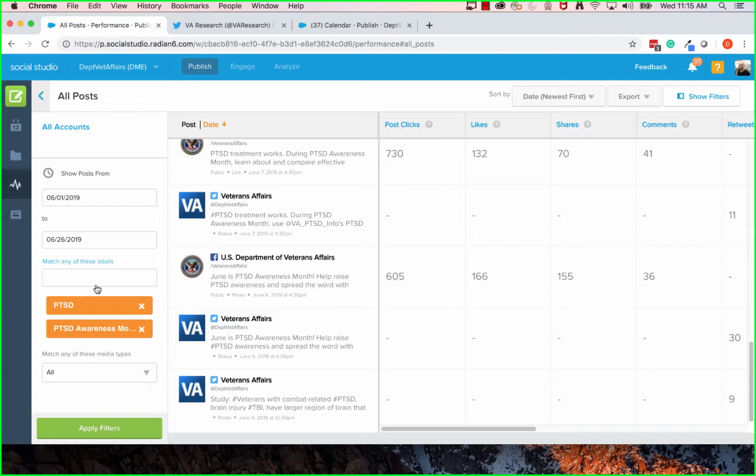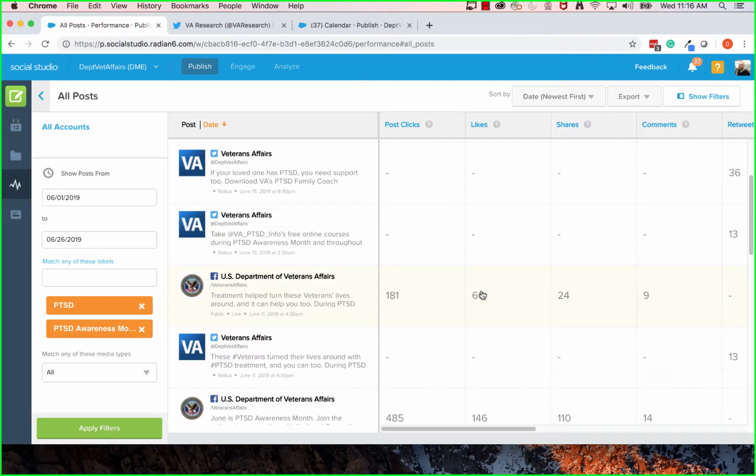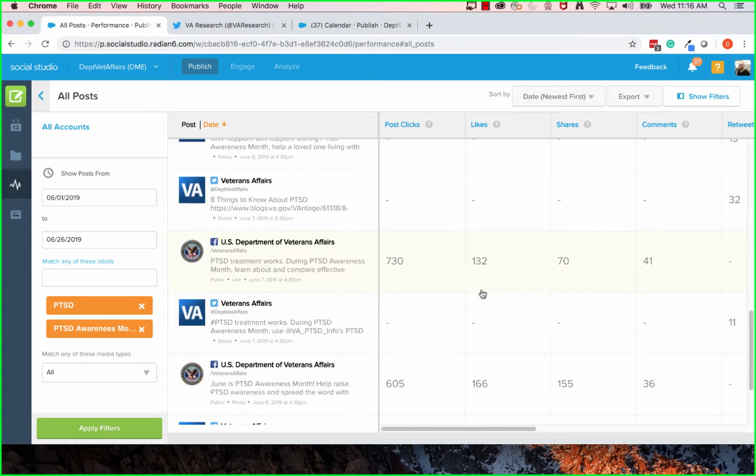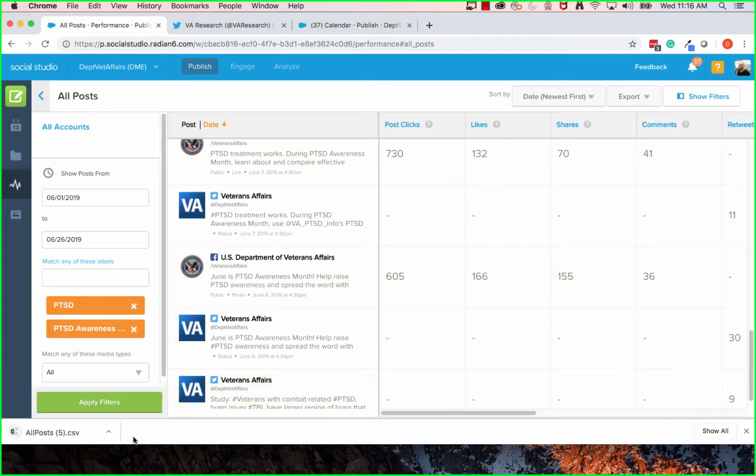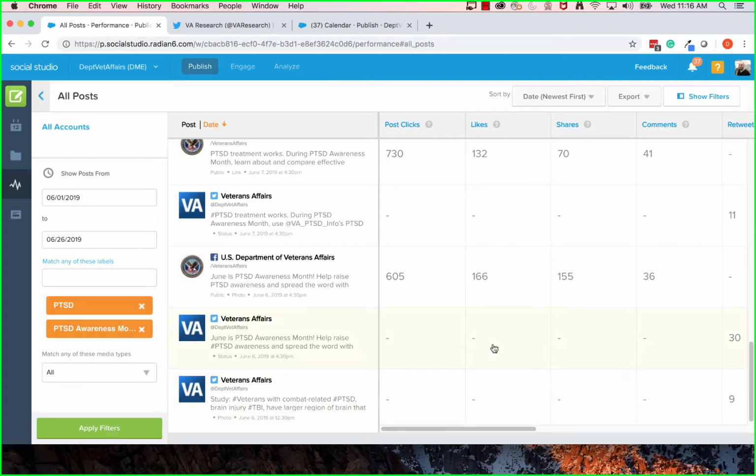If you've added that label to your posts, then you can run a report based solely on that label, and it will give you all this information. So now I've run the report, and I want to export this into an Excel file. You export as a comma-separated values file, CSV, and it opens up right in Excel, and it'll give you all this data